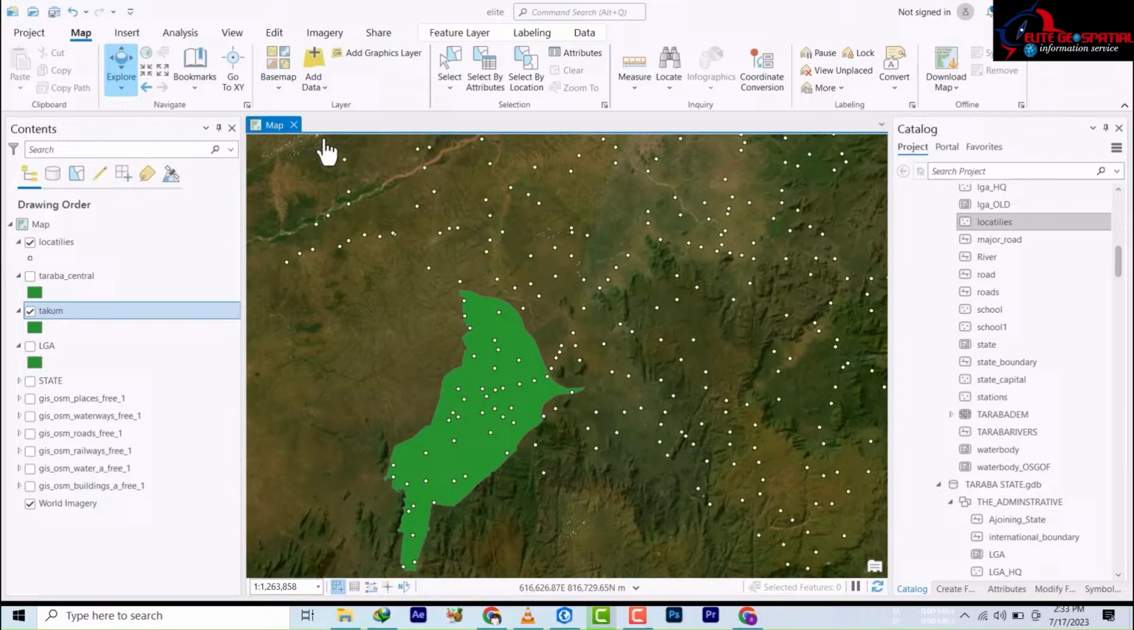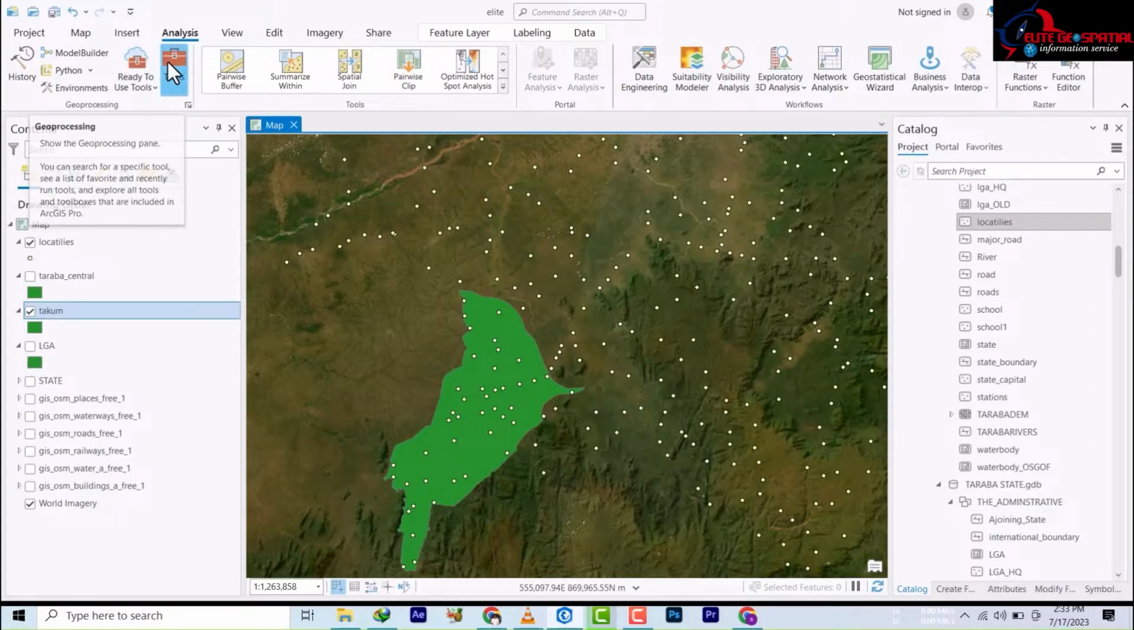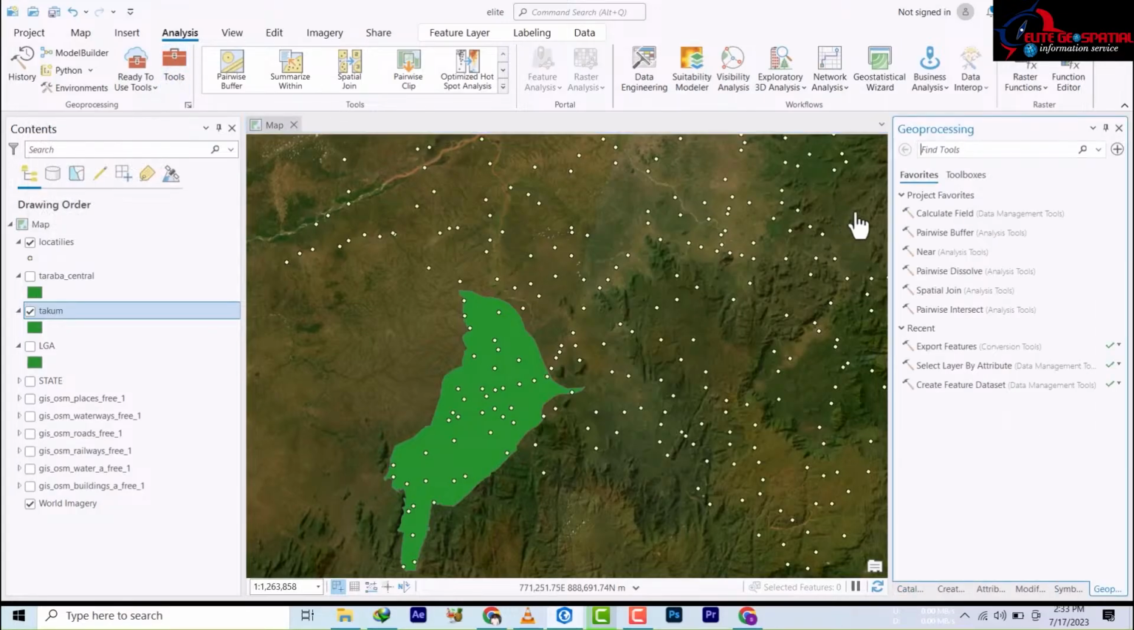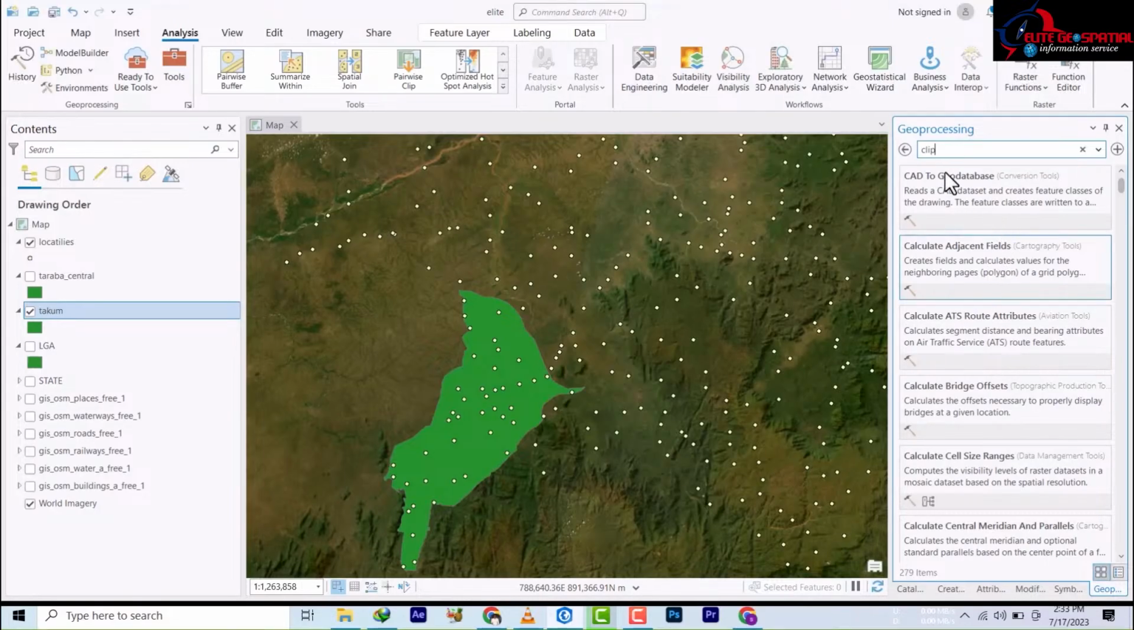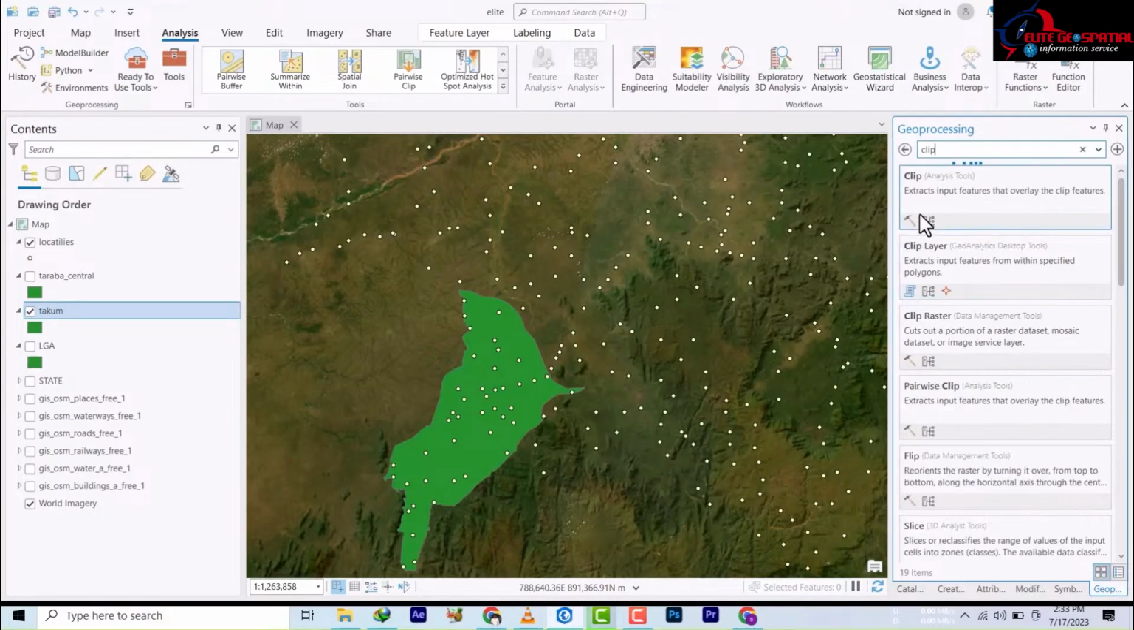So you go to the Analysis tab up here, and then you click on Tools. It's going to bring you to the geoprocessing tools. What we need here, we'll search for the clip, and